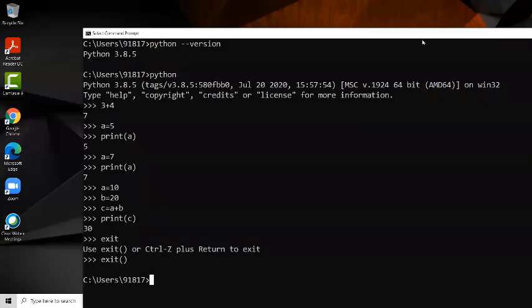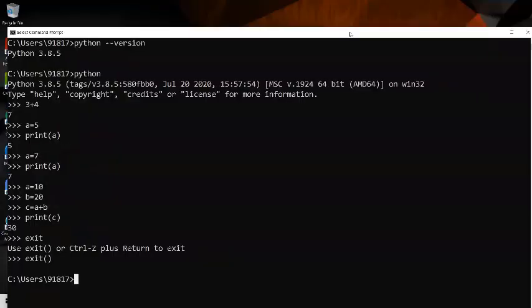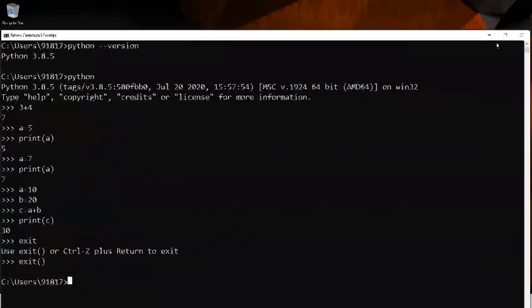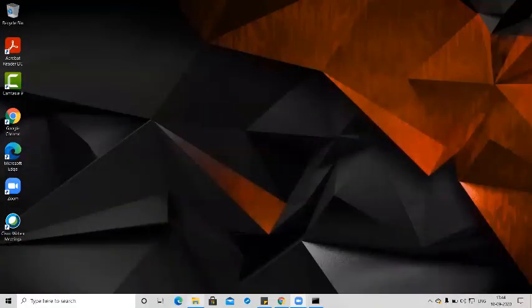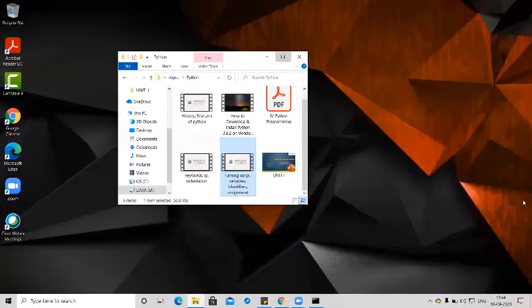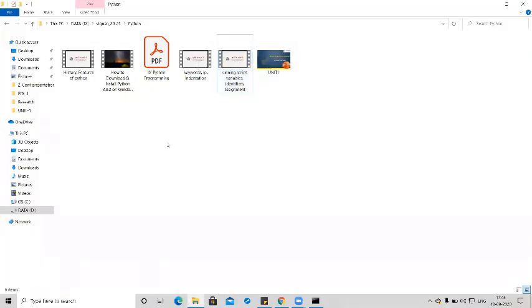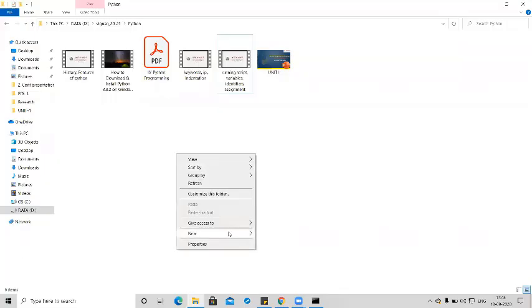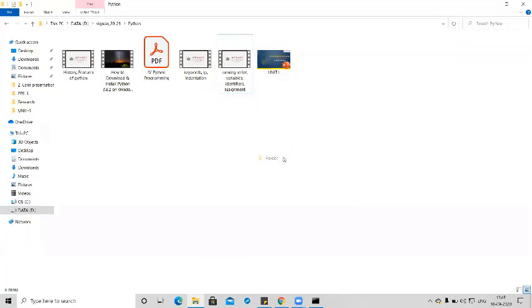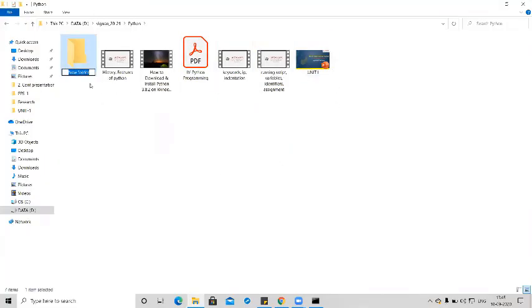Now see. For the time being, I am minimizing this command prompt. In any one of your folders, simply create one folder. The folder name is Python programs. Create one folder wherever you want in your system.